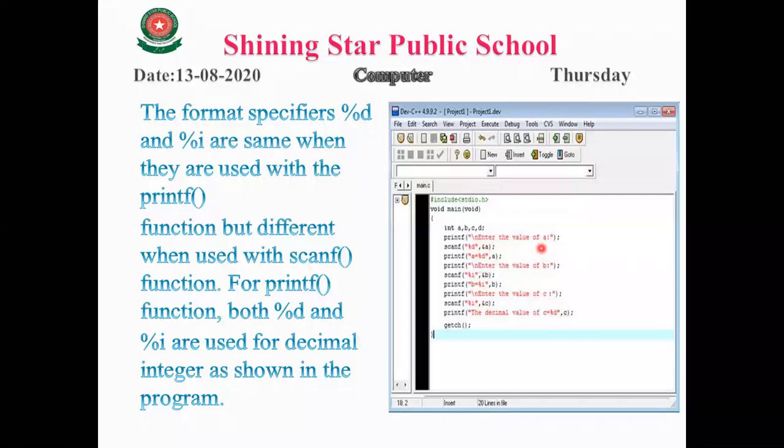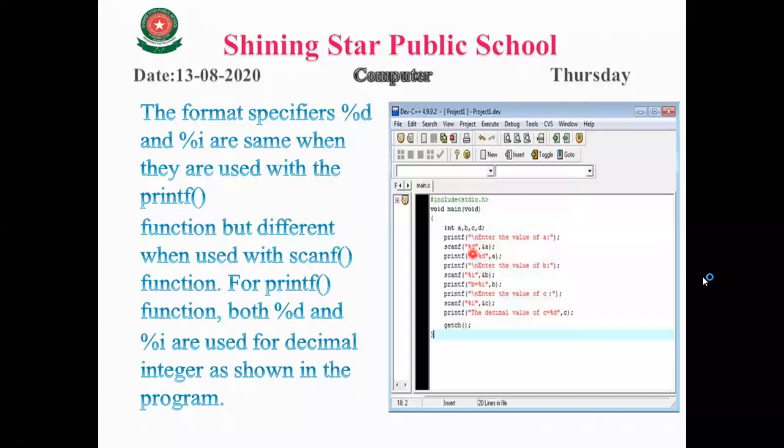Now, if we want to take the value 15.5, so in these inverted commas we use %f because %f is used for decimal, meaning floating point numbers. But now we use the %d in inverted commas.